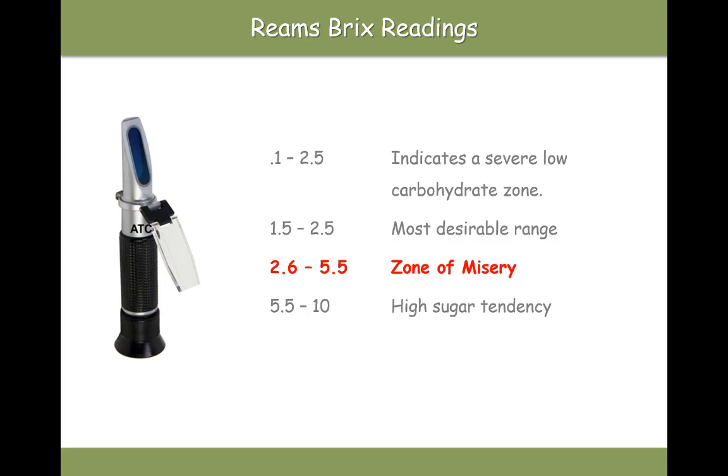Okay, a lot of the people that I work with tend to be in the 2.6 to 5.5 range because I've worked with a lot of slow oxidizers, a lot of people having issues processing sugars. Okay, so really this is what we're looking for, and this is really the only numbers, at this point, you need to be concerned with. Okay,